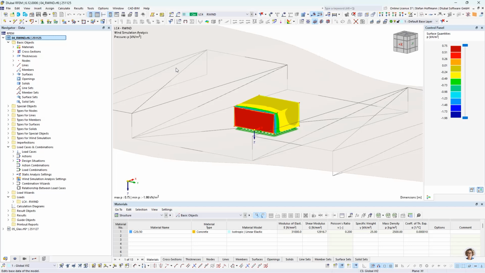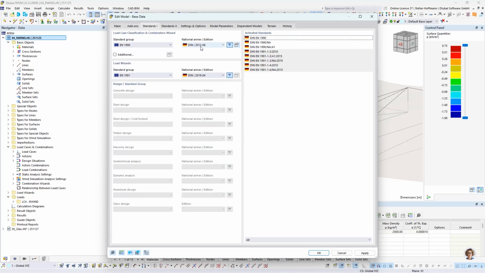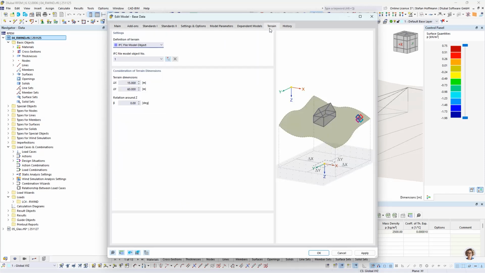Let's start with the basics. So usually at first you activate the add-on wind simulation, and you can choose the standard group for your wind profile in order to determine your automatic wind profile for your region. If you're already interested in adding up a terrain to represent your location specific behavior of the wind, maybe by trees or some mountains, you can already activate a terrain in the base data terrain settings, and you can choose between no terrain, of course, a horizontal plane, an inclined plane,